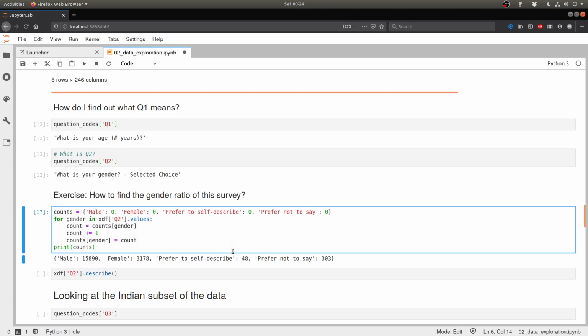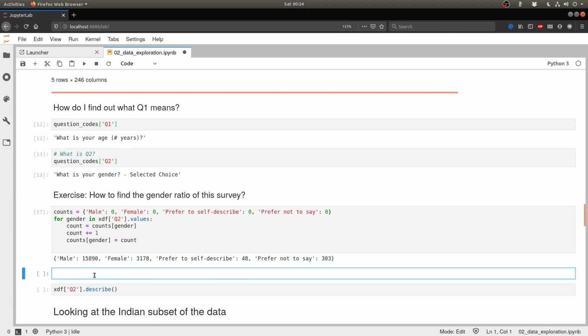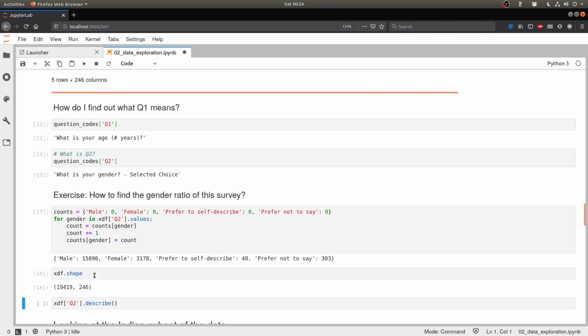One quick way to get the ratio is to divide each of these values by the total number of rows that are present. And like we know, the total number of rows can be obtained by saying xdf.shape, where 19419 is the number of filtered rows and 246 is still the number of columns.